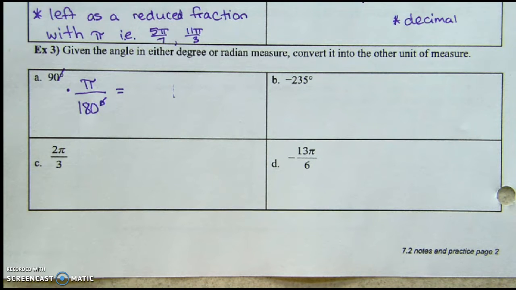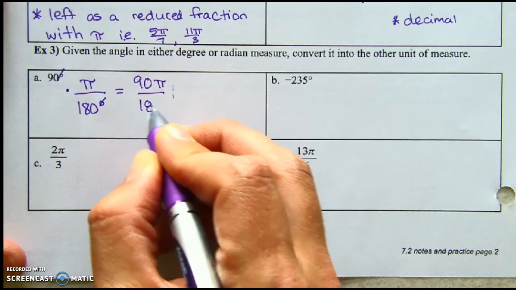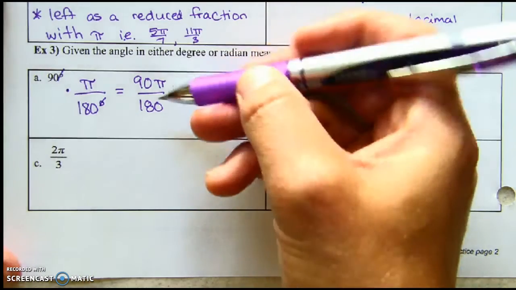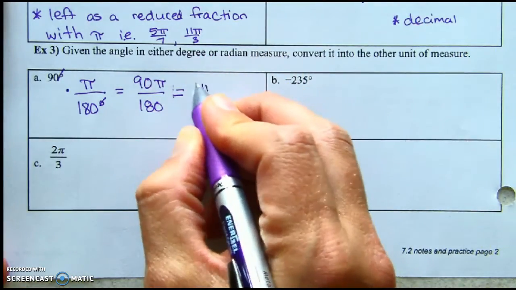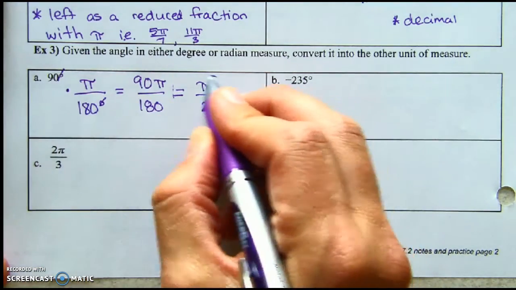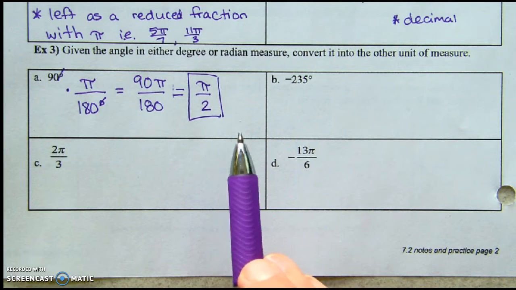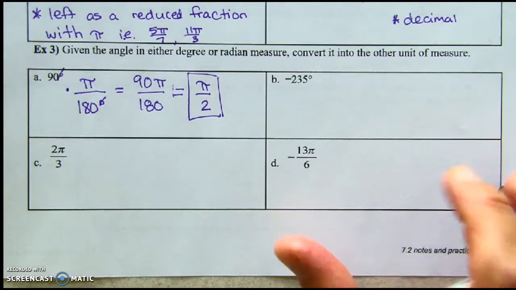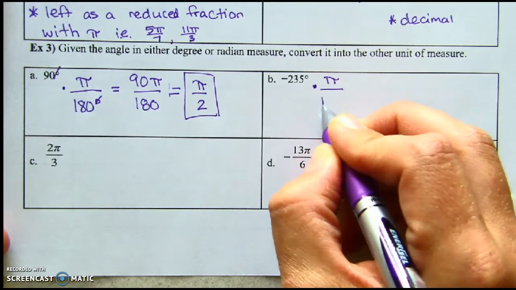Okay, we're going to reduce this fraction. So what's 90 over 180 reduced? Cross off the zeros, 9 over 18 is what fraction? 1/2. Didn't we already know the answer to 90 degrees is pi over 2? Yep. Okay. If it's negative, you don't change it to positive, you just keep going. You just reduce it. So, negative 235 degrees times pi over 180